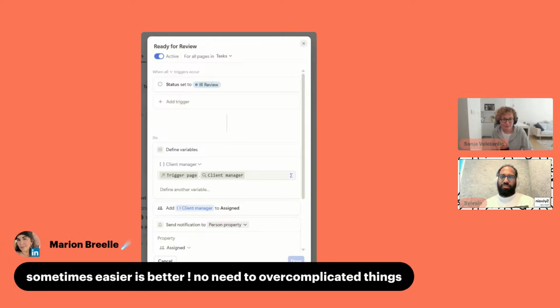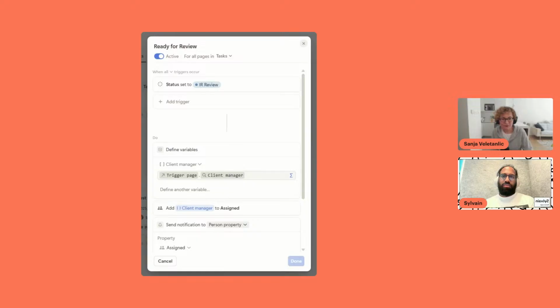Another example of something I also consider simple. In Notion we have different processes where sometimes your manager needs to review something before you can either publish it or send it to a client. It can be an offer that needs to be reviewed by a manager. It can be content for social media, LinkedIn, whatever, that needs to be approved before it's published.